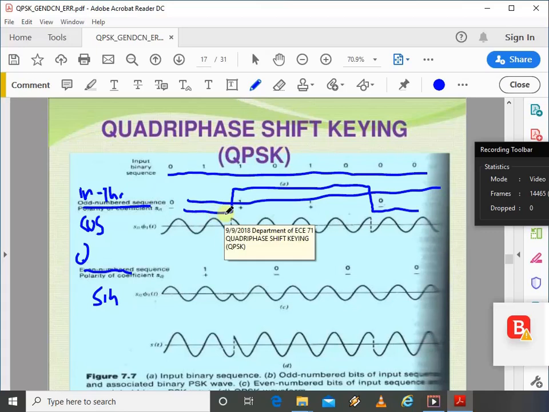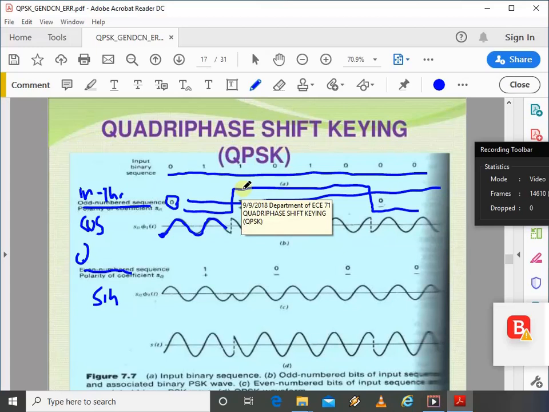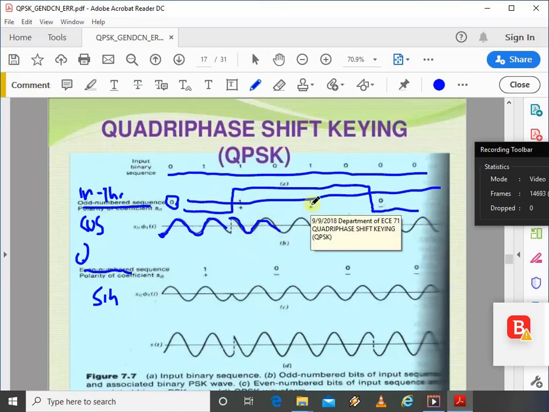So here it is minus 1 multiplied by cos, and the result is negative. So 0 is transmitted with a 180 degree phase shift. Just see that cos is phase shifted. The next bit is 1, a positive amplitude, positive multiplied by cos is positive. So 1 is transmitted without any phase shift, meaning it is transmitted as it is. This way the other 1 bits will be transmitted without any phase shift, and 0 is transmitted with a phase shift of 180 degrees, starting from here.